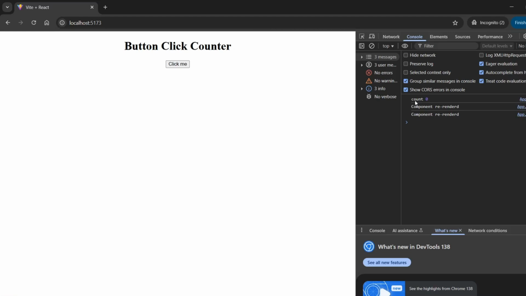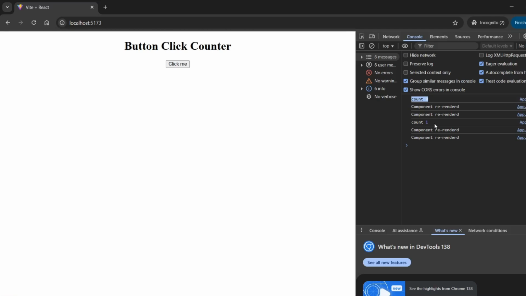But wait, look at the console here. It's always printing one number behind. I have clicked, so it should be 1, but instead it is showing 0. Let me click it again. Now it is showing 1, but it should have the value of 2, right? That's because useState updates after the render, not immediately.